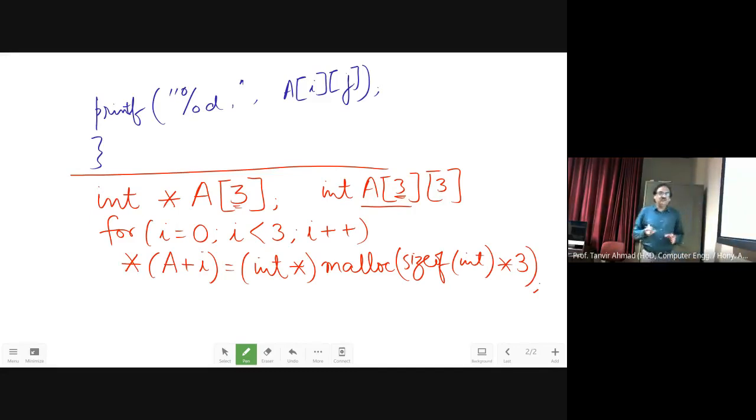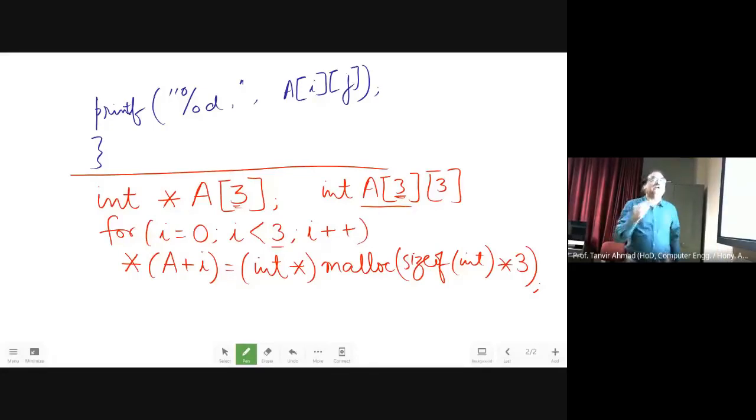Now try to understand this line very well. Since I am having 3 rows, I have used a 3 over here, and I am allocating 12 bytes to each row.